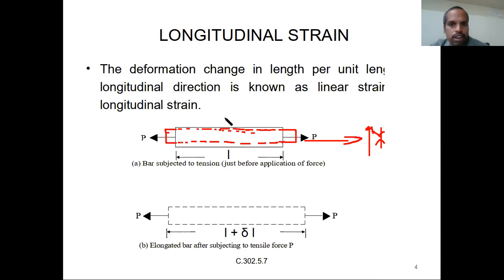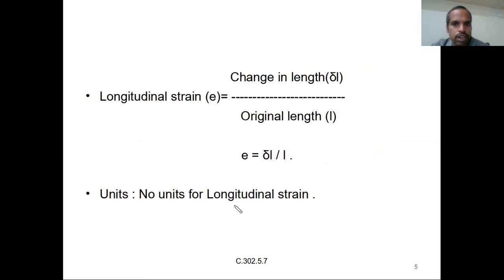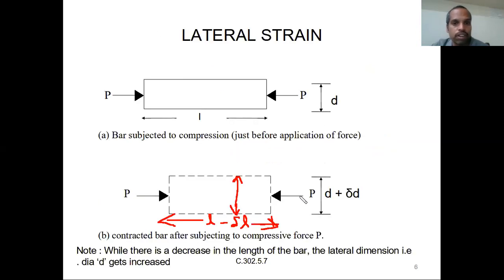So there will be a decrease in length in this direction and an increase in length in this direction, for this type of load. For the same case with a compressive load, don't think that lateral strain is not there. Even for tensile loads, lateral strain will be there. For clarification, we are just taking a different diagram. Don't think that lateral strain occurs only in compressive load and longitudinal strain only in tensile load. For every loading, whenever longitudinal strain is there, it is accompanied by lateral strain.